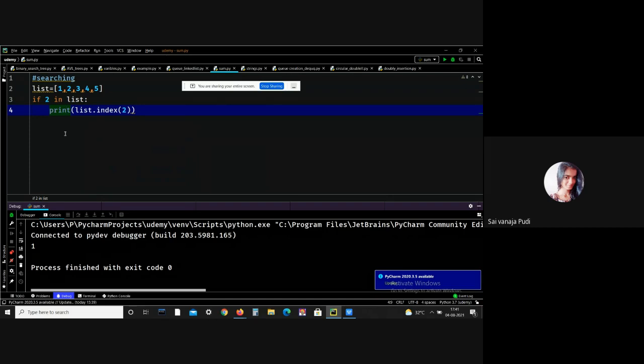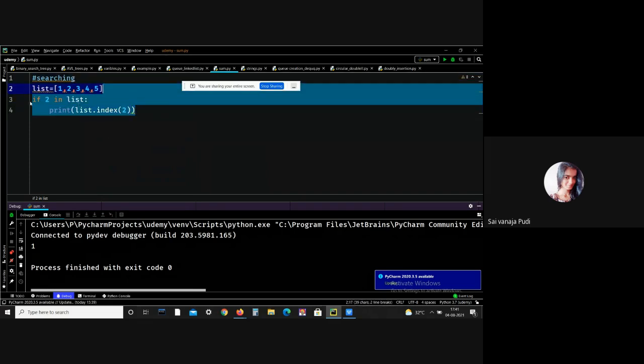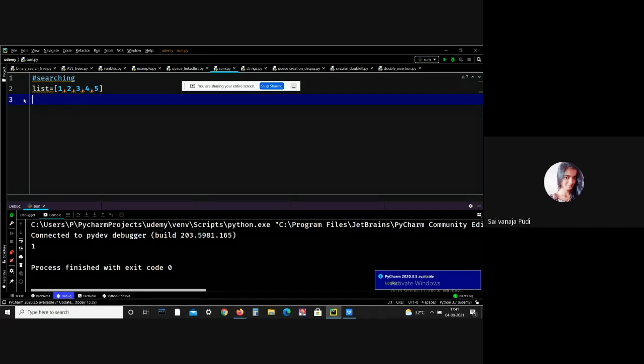And the next one is linear search. Let me delete all this. Generally, in linear search, we can search for an element using a for loop. Let me write the code first, I will explain it later.